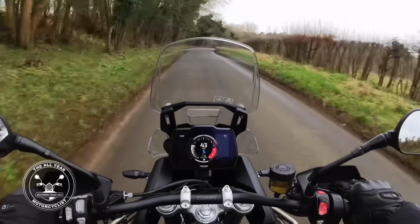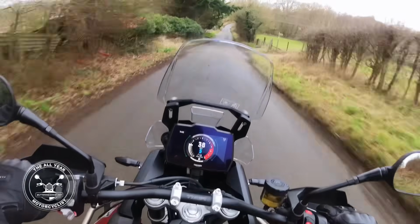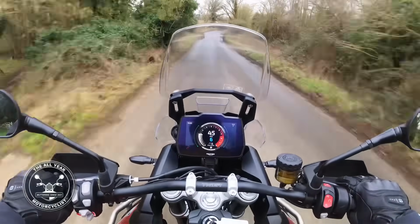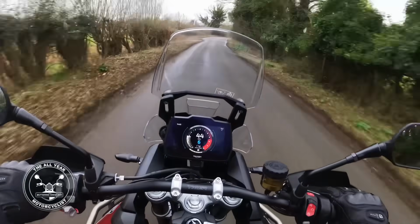Some people won't like it. If you don't like adventure bikes, you're not going to. Oh, look at the rubbish on the roads. You wouldn't like this. If you're open, you probably will. You've got to admire it. It's a handsome bike, I think. Anyway,